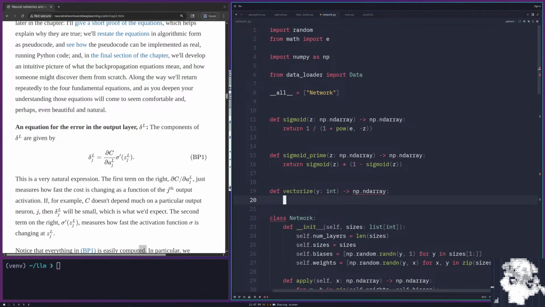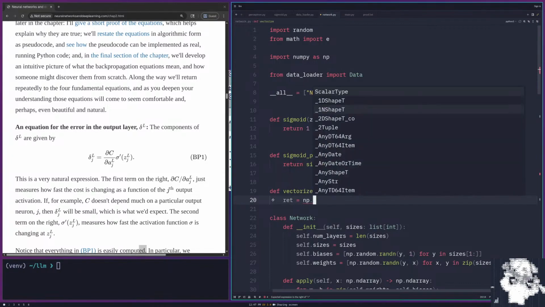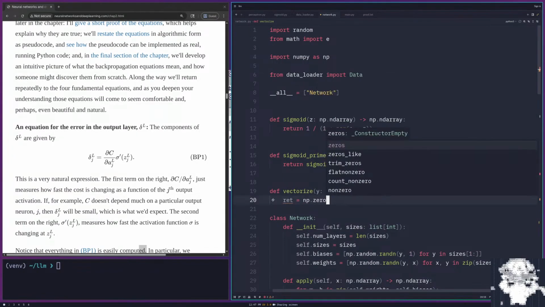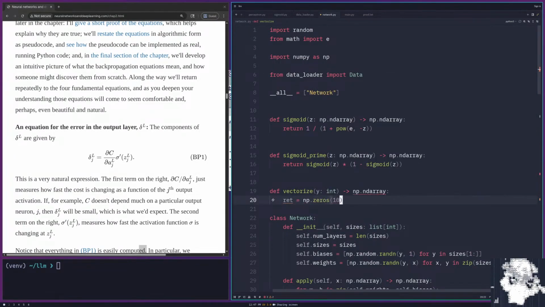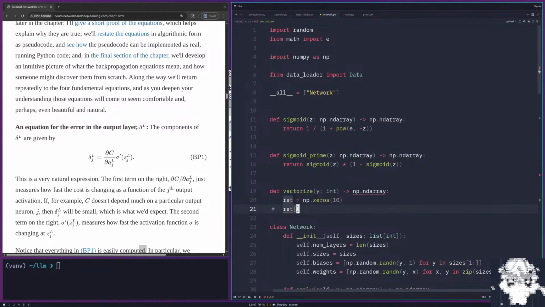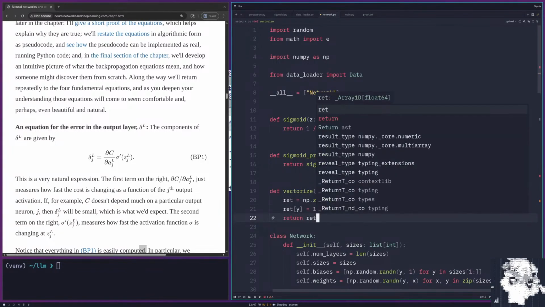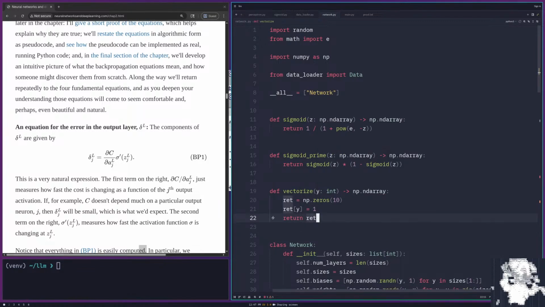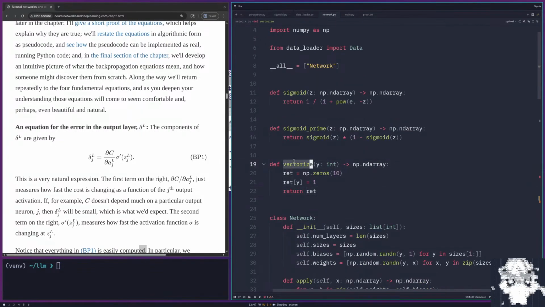So ret equals np.zeros(10), ret of y equals 1. Return ret. I guess I see why this was done as part of the data loading, because this is not